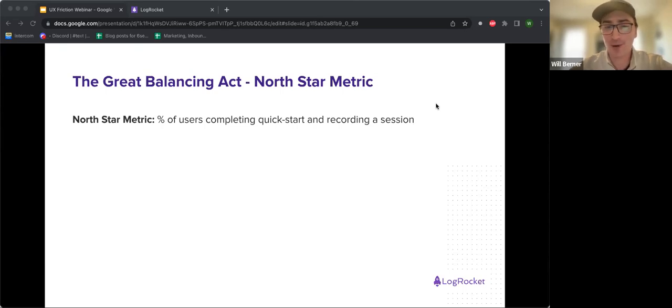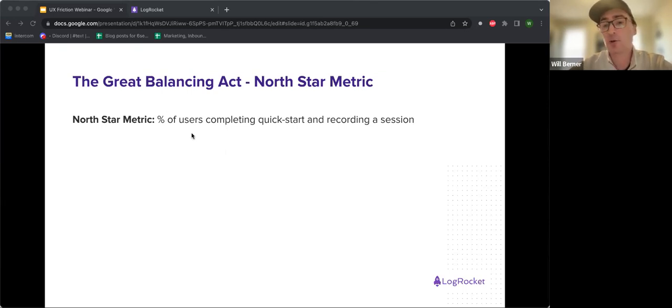So it sounds simple, but it's actually very complicated because we have a technical product, and setting it up requires installing some JavaScript code into your production application. So for many of our users like PMs or marketers, this can be a very difficult task from a cognitive load standpoint, or it can be actually just impossible and they need to have someone else handle it for them